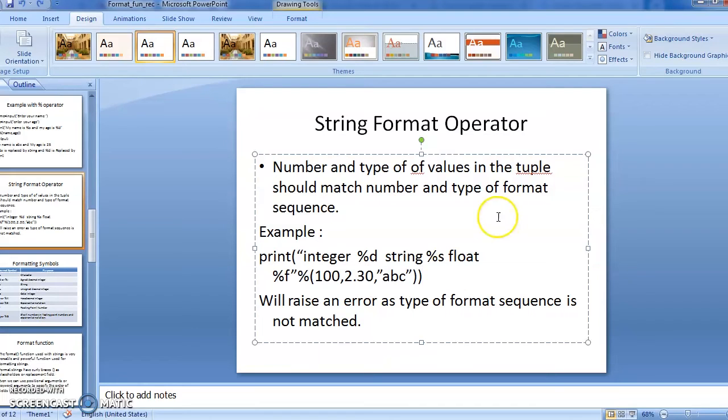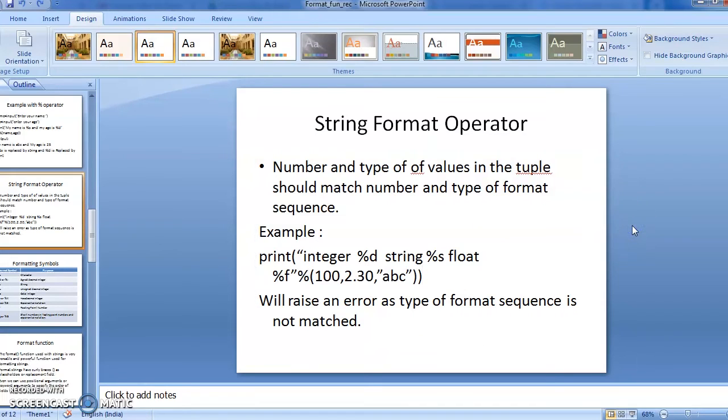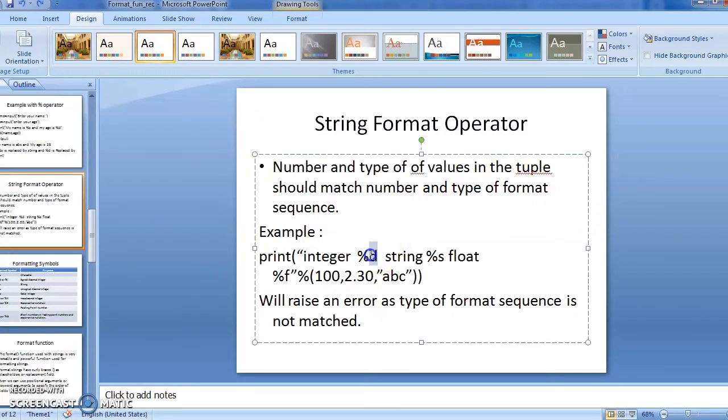Okay, so this is again quite difficult, but it is quite easier than the previous one that we were using. As well as there I have to remember the format specifier symbols, that is %d for integer, %s for string,